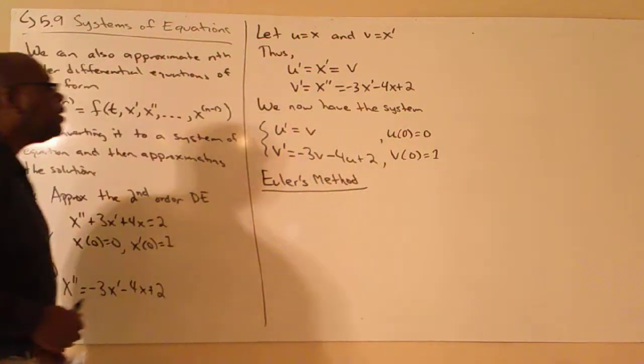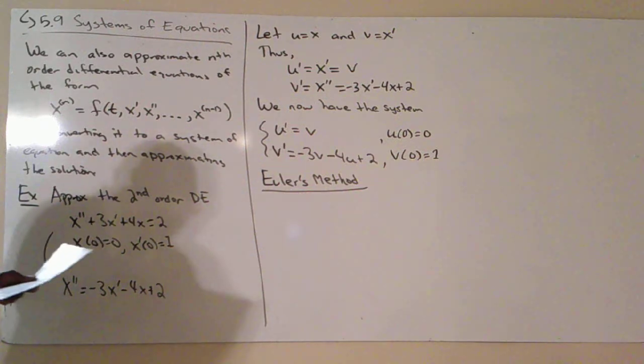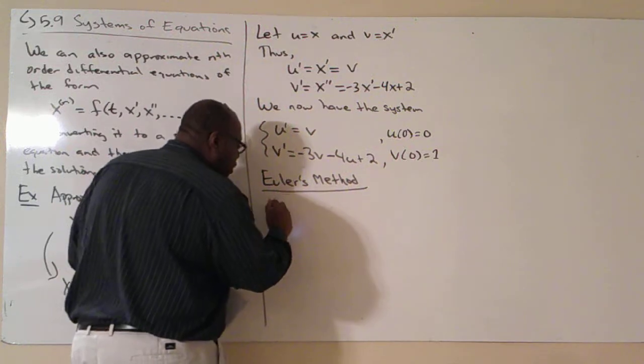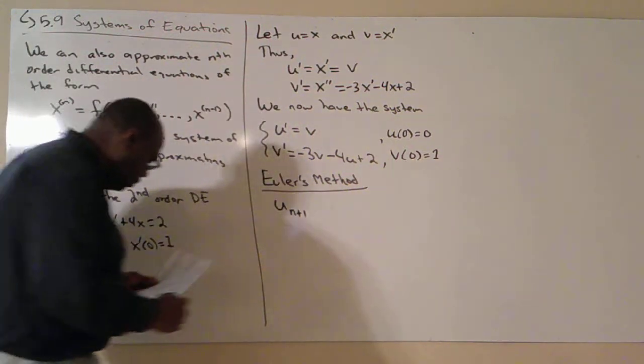Now, when we do this, what we're really trying to solve for is the value of u, because u is x. If we figure out what u is, we know we're looking for the solution for u. So when we solve for this using Euler's method, we have u sub n plus 1, which is what we're trying to solve for, because u is equal to x, is equal to u sub n